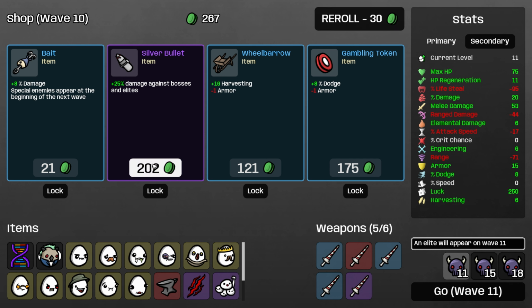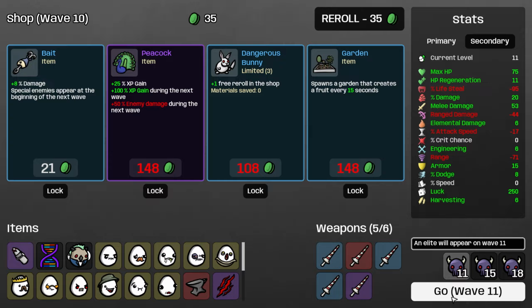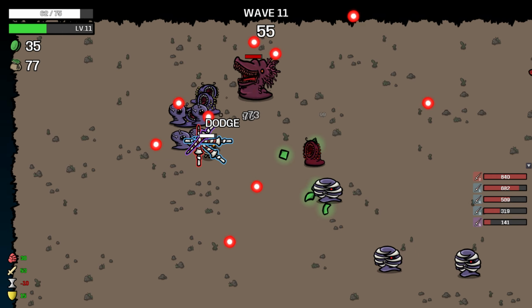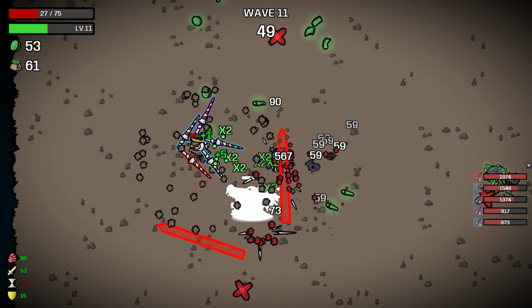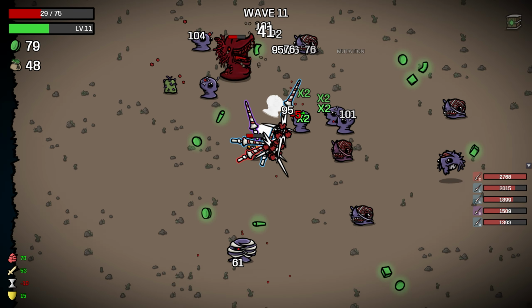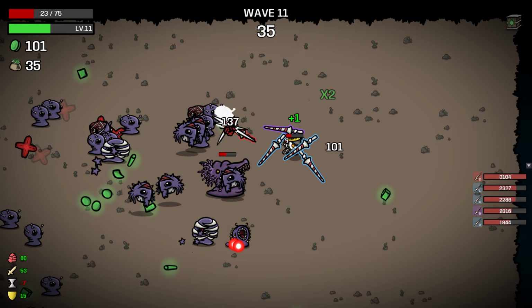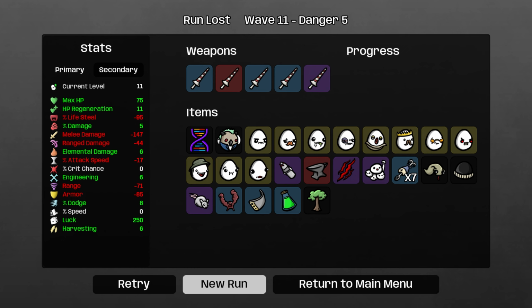I mean, silver bullet's really good. Right before a boss wave. No, a whole lot of nothing? Okay, sure. Oh, crocodile. I don't like this. I don't really like this at all. We just don't have any speed. And I have to keep moving. Yeah, we're done. Okay. So...